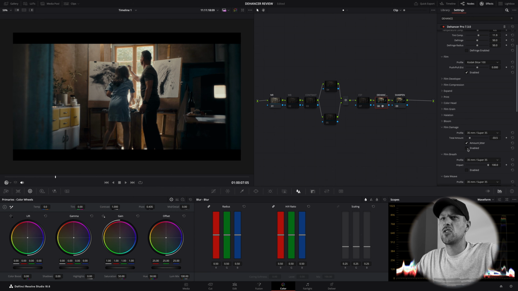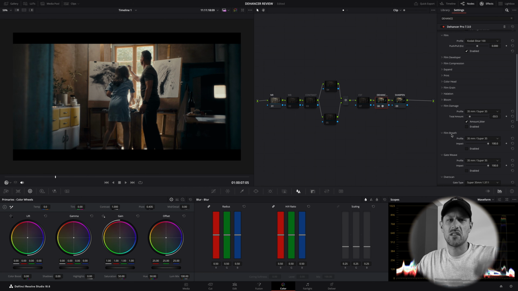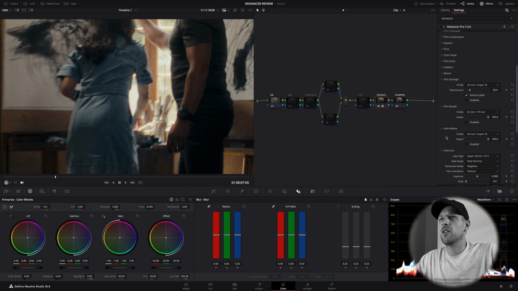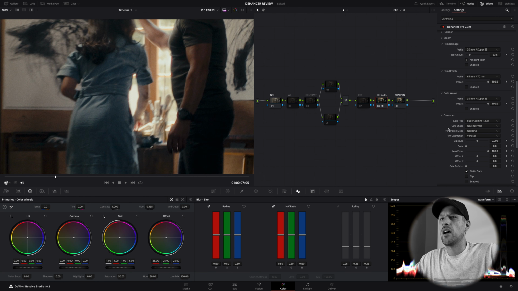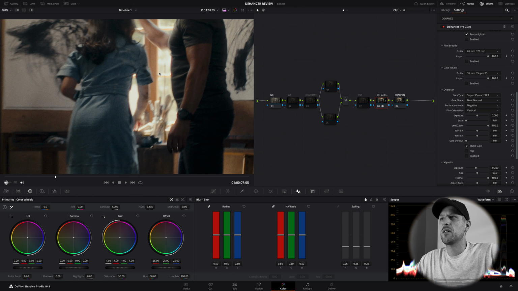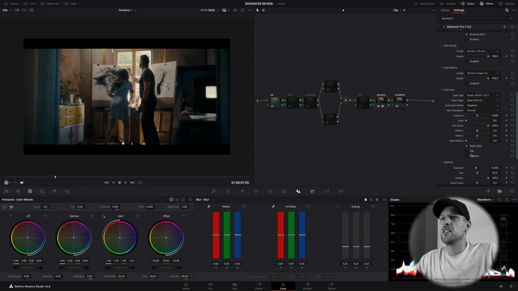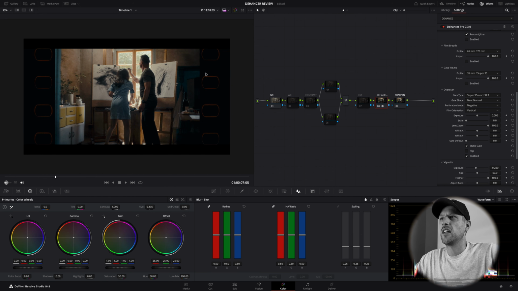Next is your film damage. I really don't use this, but it just adds all the dust and the scratches. You've got your film breath, your gate weave, and your overscan. Now, basically what this overscan does is you can turn that on and it adds the